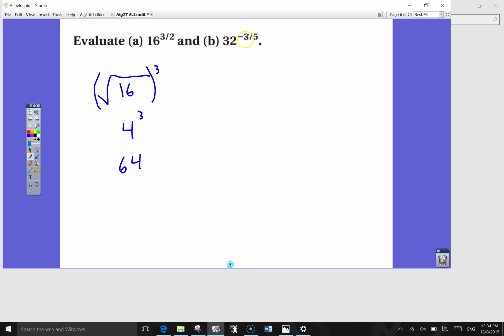Okay, now this one is a little different just because it has the negative exponent. What do we do to simplify the negative exponent part? We flip it. Right, it's a negative exponent in the numerator, it's a positive exponent in the denominator. And again, you could turn it into a radical, or you can just say the fifth root of 32. So what number times itself 5 times equals 32? And the answer is 2. And 2 to the third is